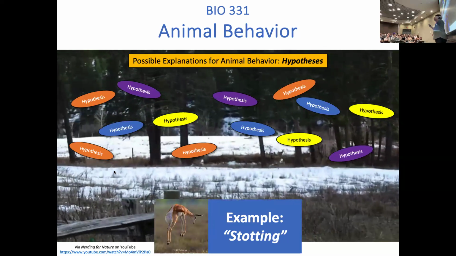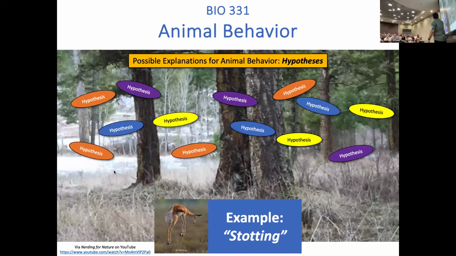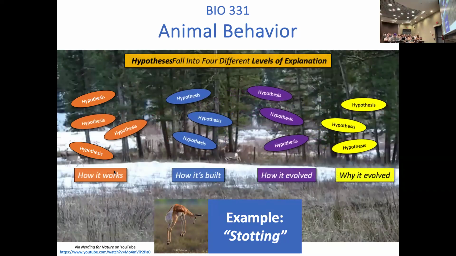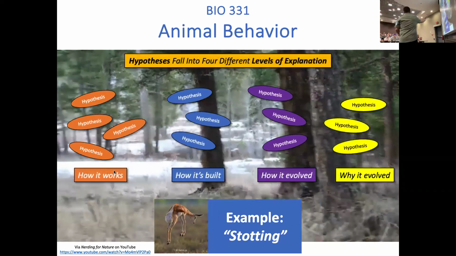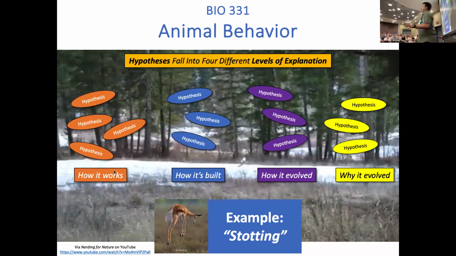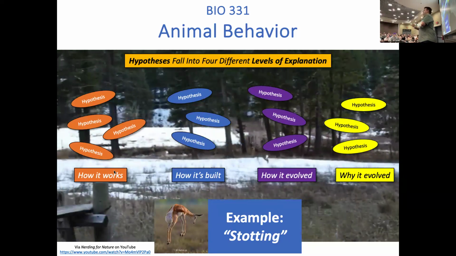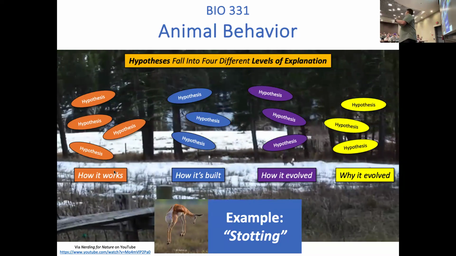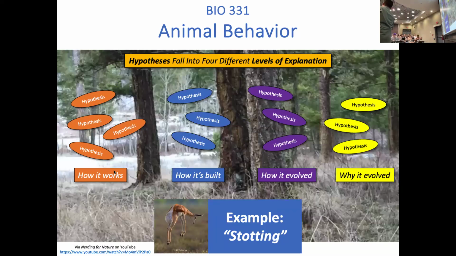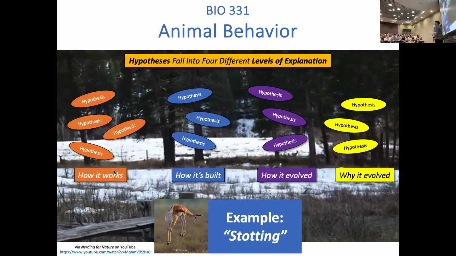Those hypotheses, we're going to find that we group them into these different groups. I colored these with 4 basic colors, and we find that there are basically 4 different kinds of hypotheses. This doesn't just apply to animal behavior, it applies all across biology, and you could argue it goes across other explanatory fields as well. You can ask or make explanations about how it works. So